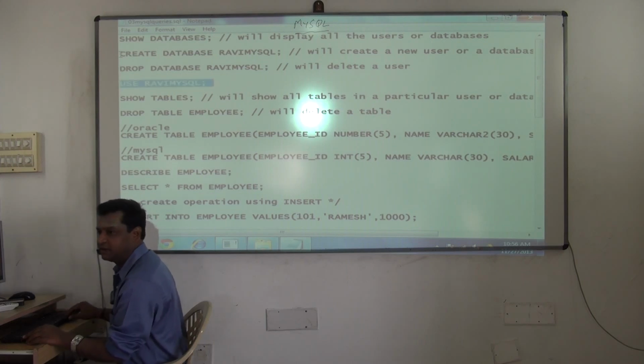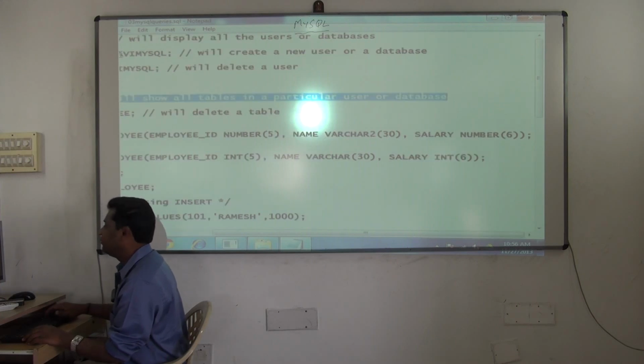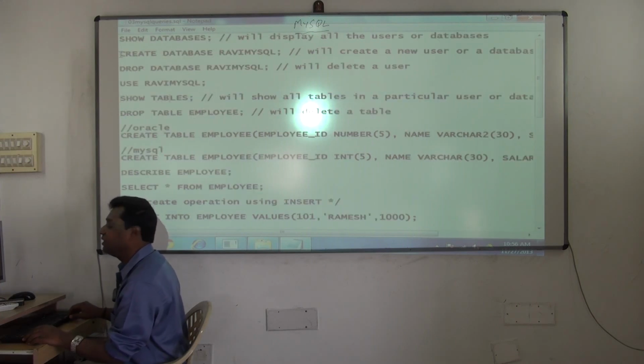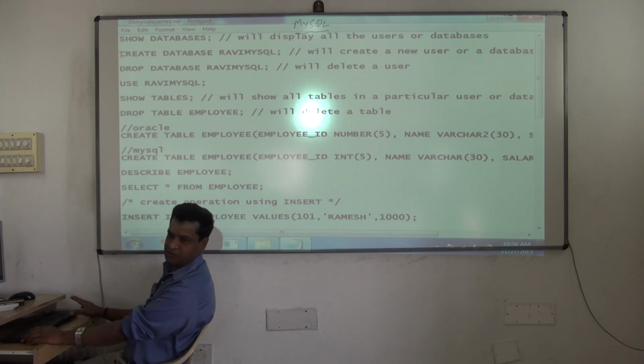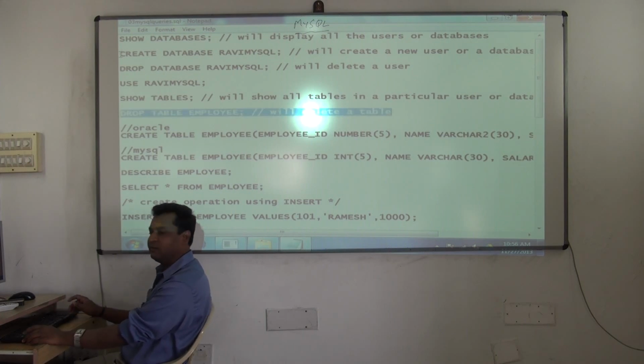You will be using the database now. Show tables will show all the tables in a particular user. Drop table. Now see, almost all the queries are the same. Once you reach this level, almost all queries are going to be the same. So drop table employee will delete a table. Do you understand the difference between deleting a table and deleting a user?